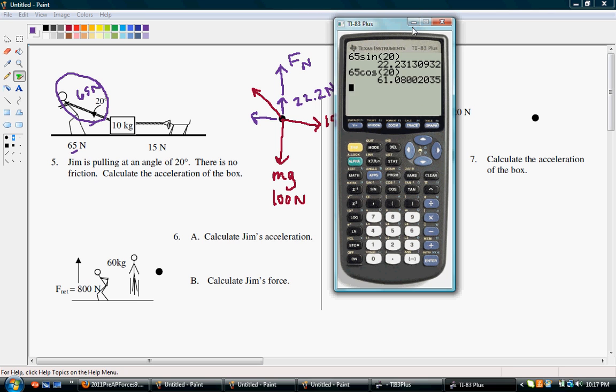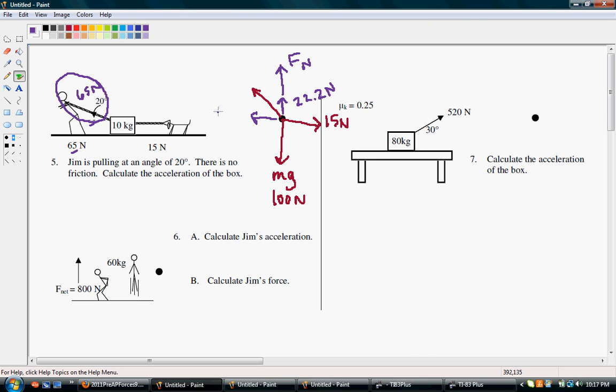And we get 61.1. Alright. So it says there's no friction, so we don't need to worry about friction, and it says calculate the acceleration of the box. Alright, in the y direction, it's not crashing through the floor, it's not popping up into the air, so our acceleration in the y direction is actually 0